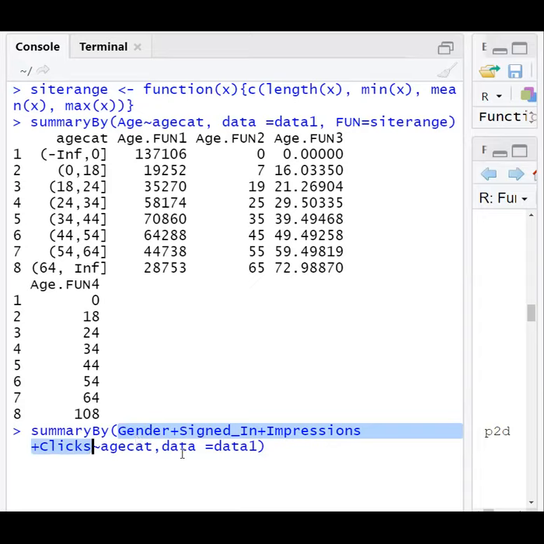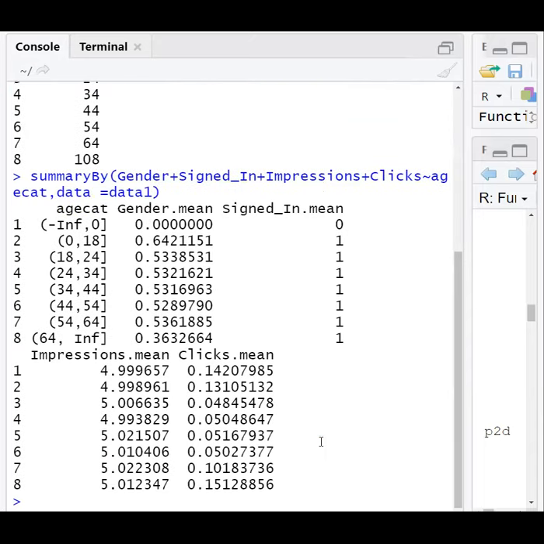So we are grouping them based on age category. Now if we print, look at the result. This is the result of only signed in users. So here we are printing only the signed in category. Anyway, all those things are present.